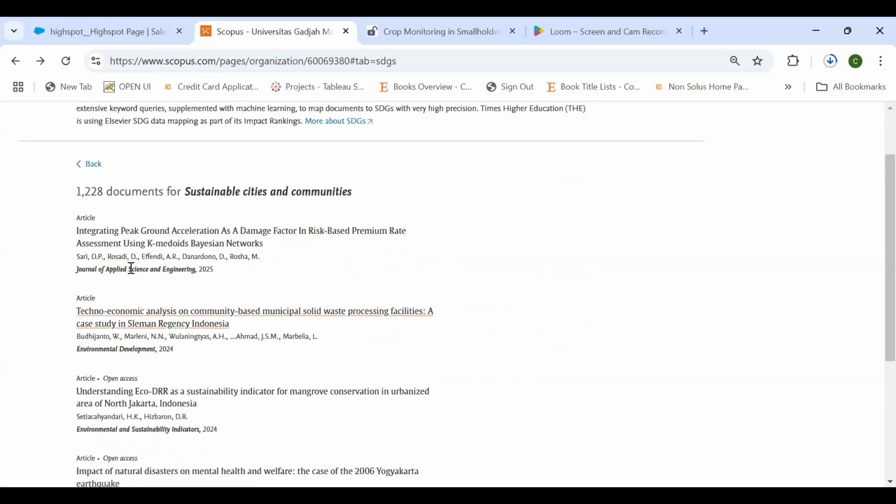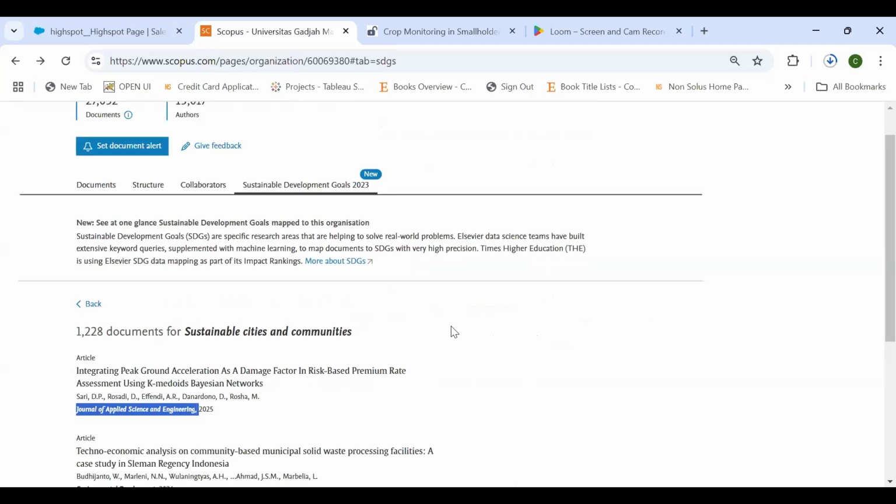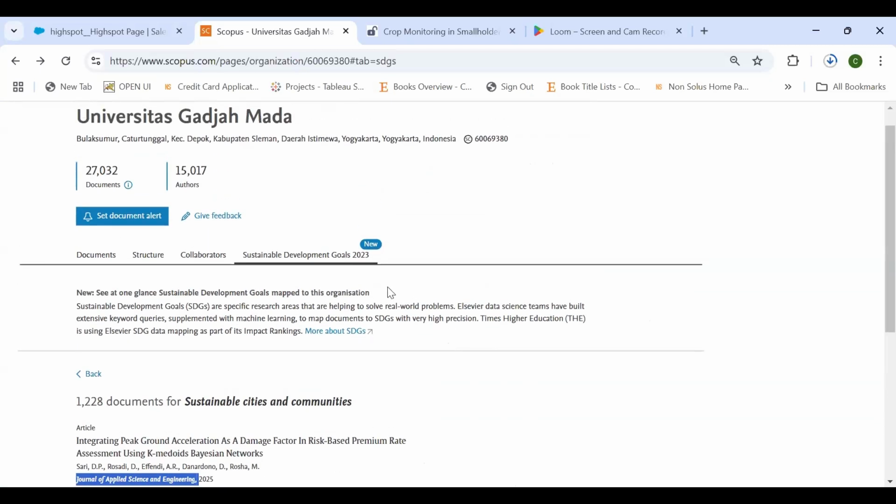So in this case, for example, we have the Journal of Applied Science and Engineering, which is categorized under SDG on sustainable cities and communities.